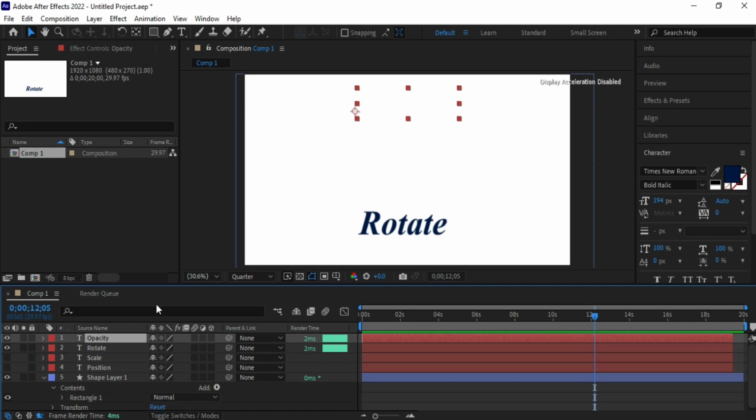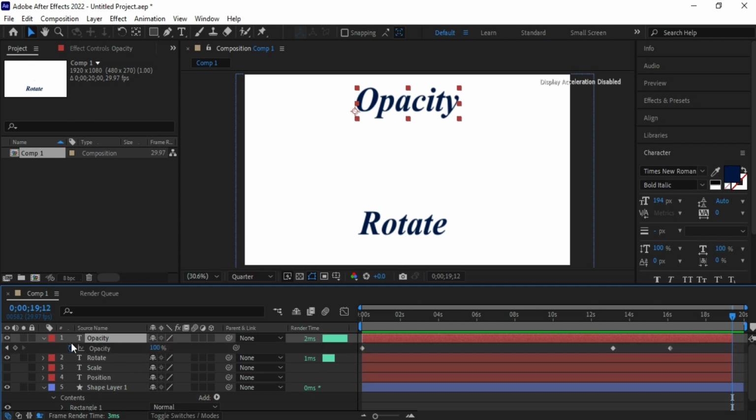The last on our list is going to be the opacity property under the transform. So I've typed a text. What you need to do is just type the letter T for transparency, the same thing as opacity. You click on your timestamp. You move your timestamp